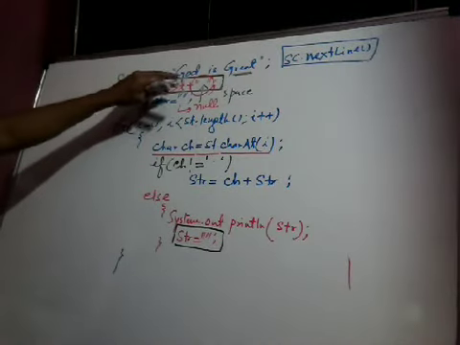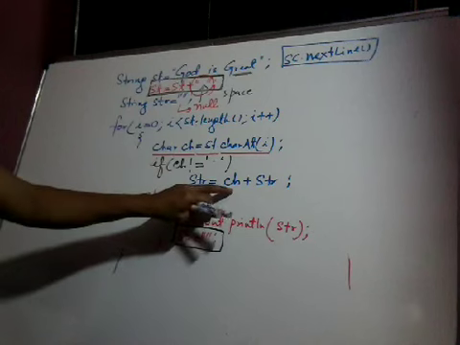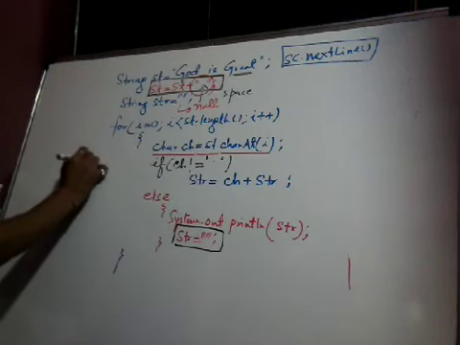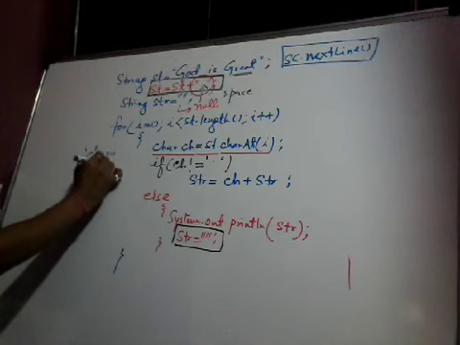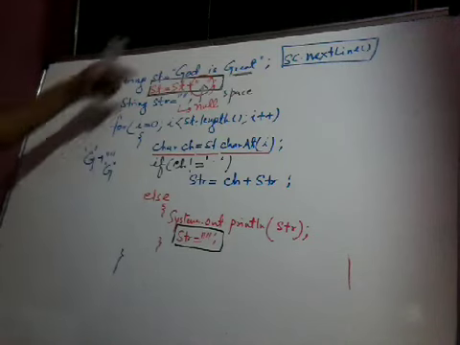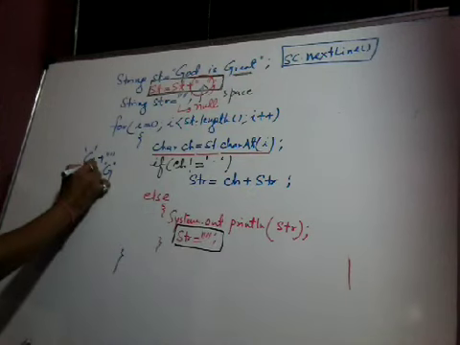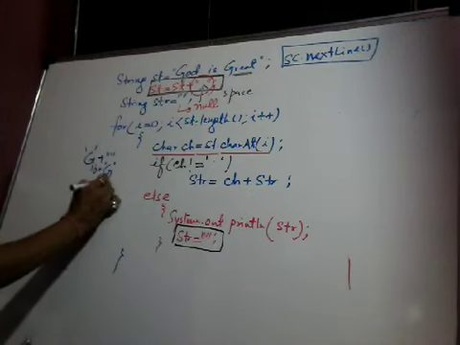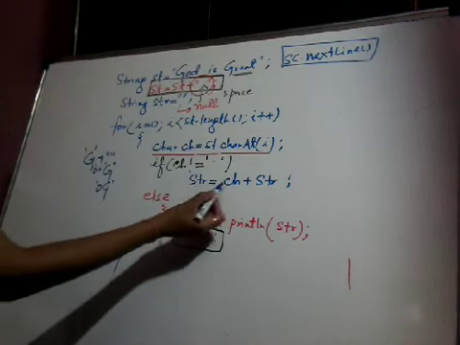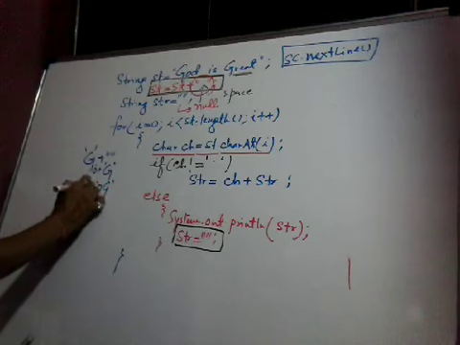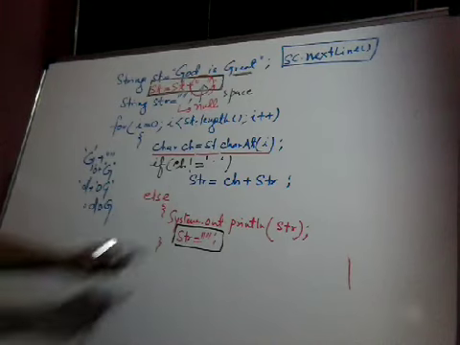So condition is true. It will extract g. Condition is true. But here at first, ch, so this is g plus null. Your answer will be g. Next time o, condition true. O plus str, so o plus g, og. Again d, this condition is true. So d plus og. Your answer will be dog.